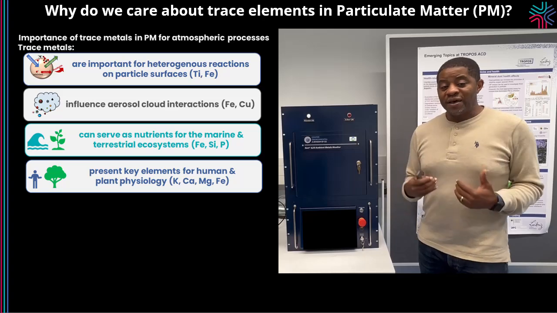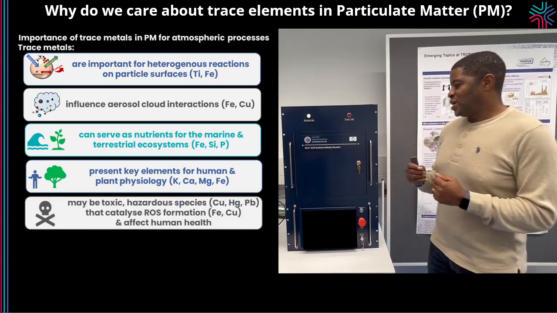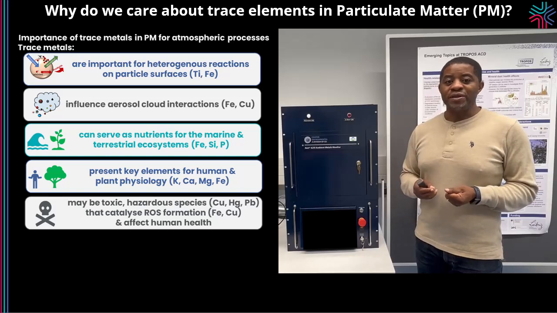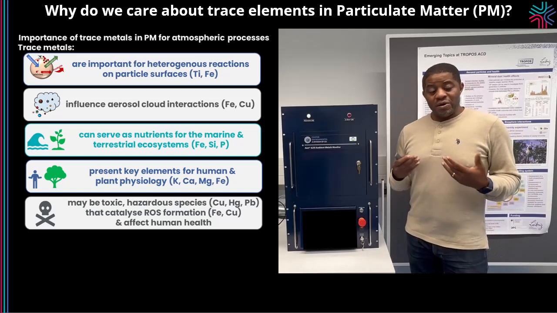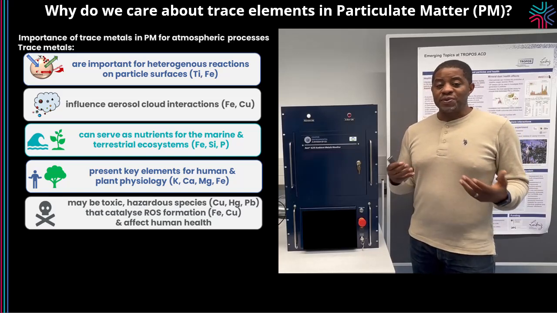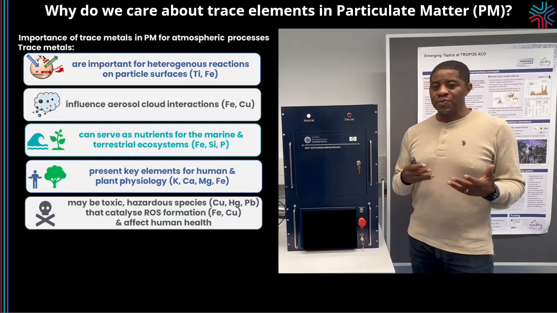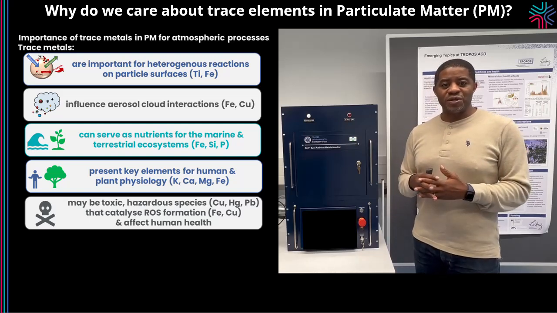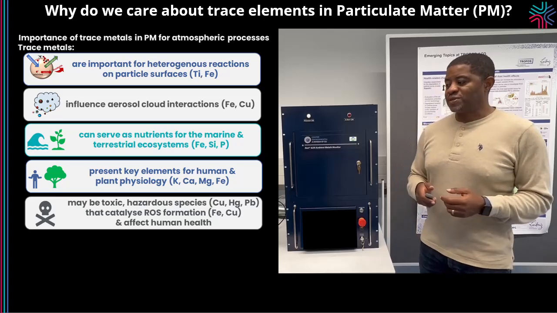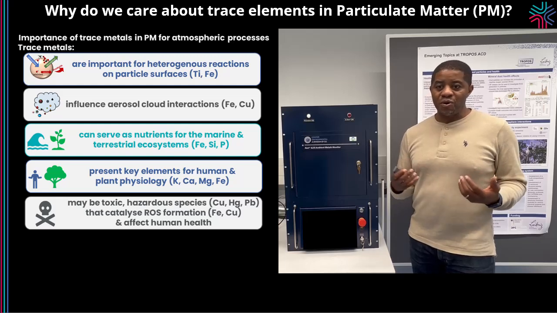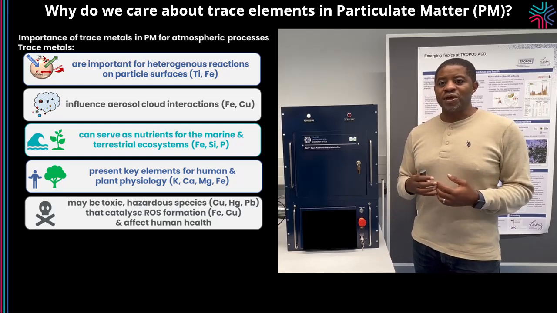But when humans have a lot of them, it can become toxic. Toxic, as you know, mercury and lead, when you have a lot of them, you get brain damage. The mechanisms of how these trace metals affect health are known. Studies have shown that reactive oxygenated species form through interactions with these trace metals, and these are mechanisms that lead to oxidative stress in some organs of the body, which leads to health effects.